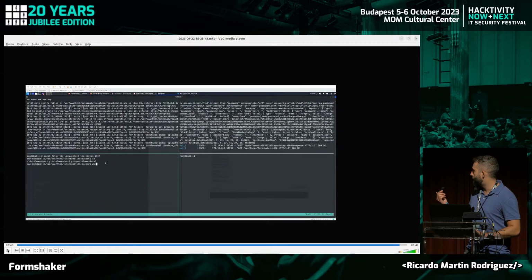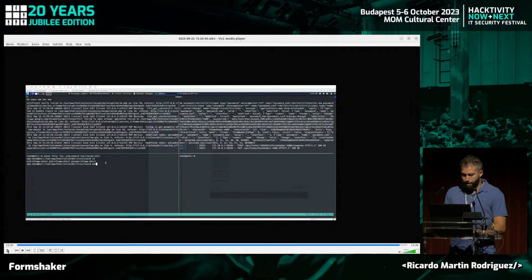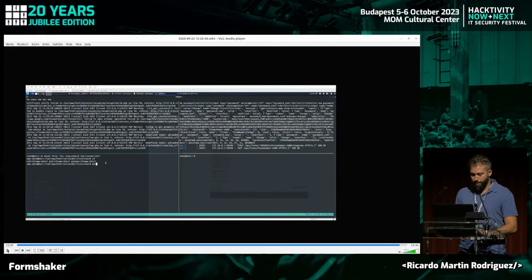So this version is useful for blind XSS, basically. So now going back to the presentation,